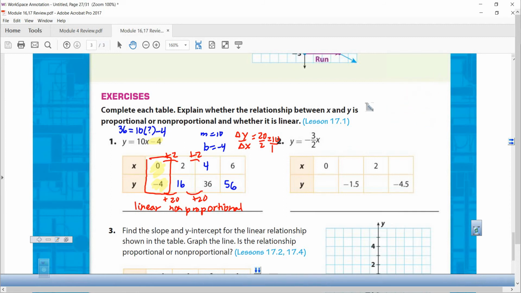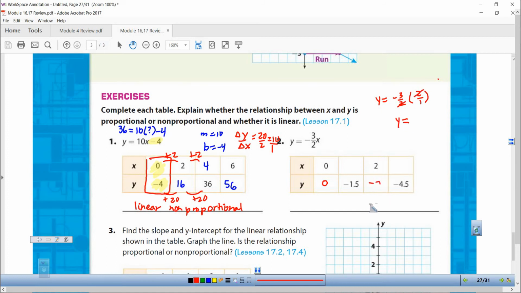All right, what about this one right here? Y equals negative 3 halves x. Well, if you put 0, you get 0, 0. Well, that's a good sign right there because it goes through 0, 0. All right, so I'm not crazy about the fact that they use decimals when their slope is a fraction, but we can do this. Let me do this one right here, 2. So I'm putting in 2 for x. That 2 and that 2 cancel, and what do we get? We get y is equal to